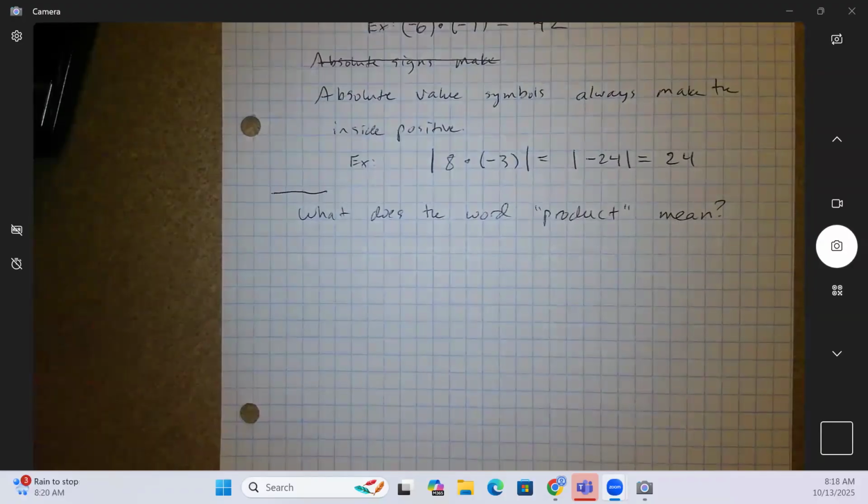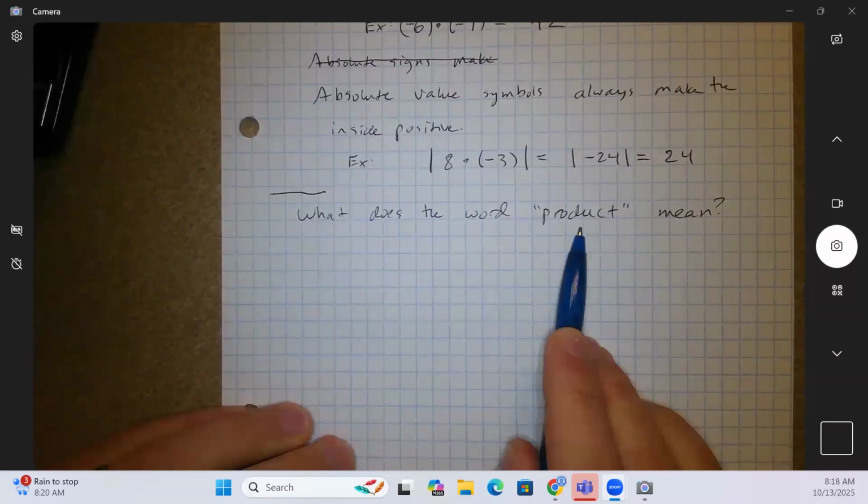If I've got a couple of slices of bread and some deli meat, some vegetables and some spread, I put them all together, the product is a sandwich, right? If I've got some carne asada and some tortillas, some salsa, cebolla, cilantro, put them all together, the product is a taco. In math, product always means